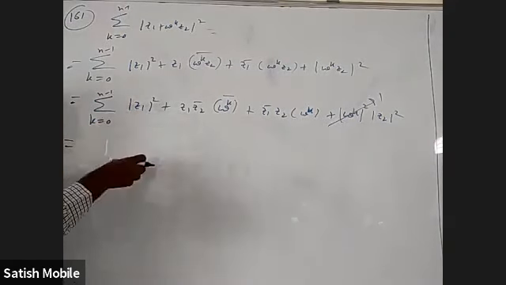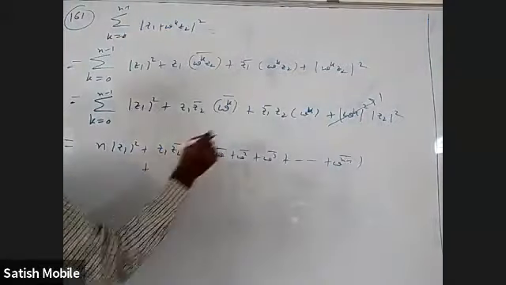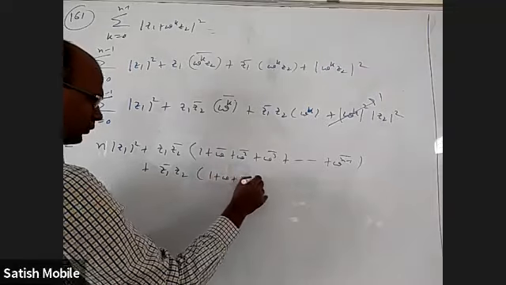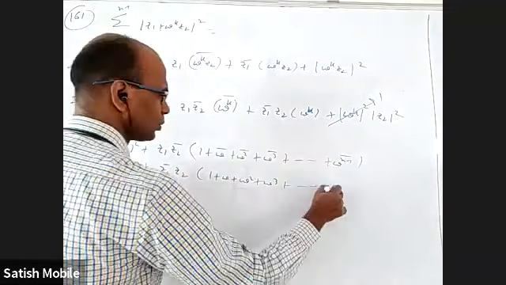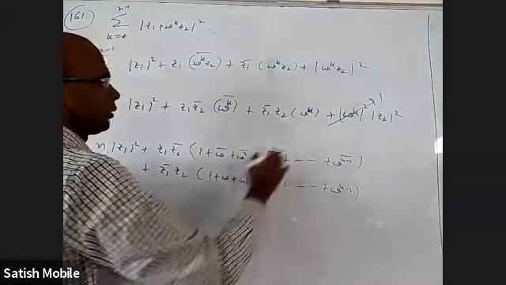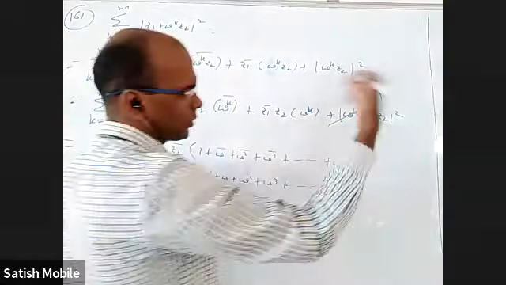When you put 0, I'll get 1 plus omega conjugate plus omega square conjugate, omega cube conjugate, up to omega power n minus 1 conjugate. And for this, I'll get z1 conjugate z2 into 1 plus omega square, omega cube, up to omega power n minus 1. And this one, mod z2 square plus mod z2 square plus mod z2 square, n times. So n times mod z2 square. This and this are 0 because these are all nth roots of unity. Sum of nth roots of unity is 0, including 1. Everything is there completely.